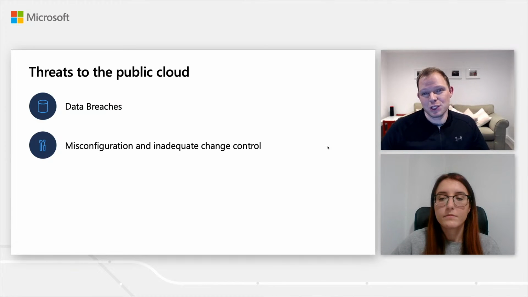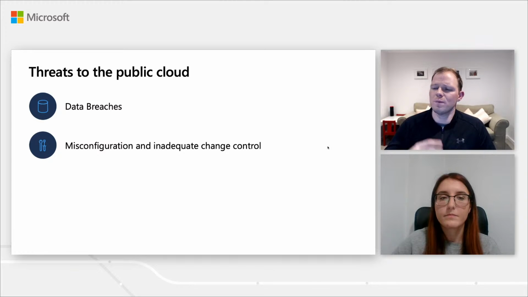Misconfiguration and inadequate change control. So this is an interesting one. We already said that Gartner said 95% of breaches are going to be the customer's fault. If you're watching this and you use the cloud, that's your fault. So normally that's through misconfiguration, in my experience. And a lot of that is around change control, which is important here,